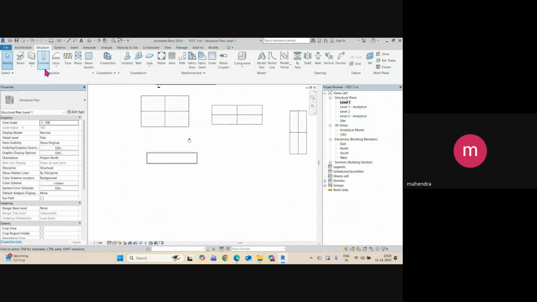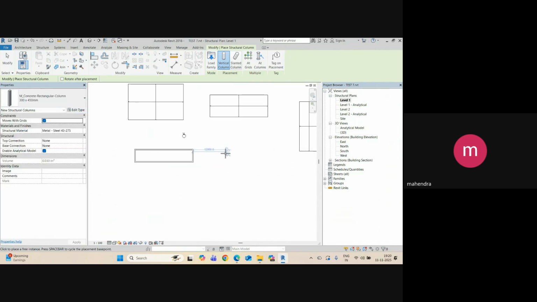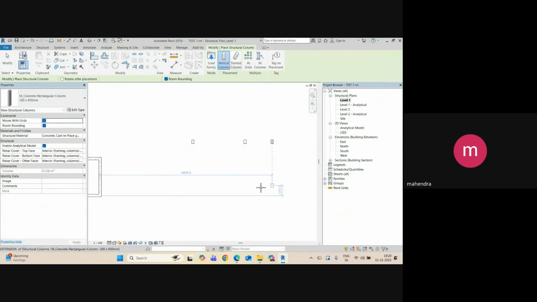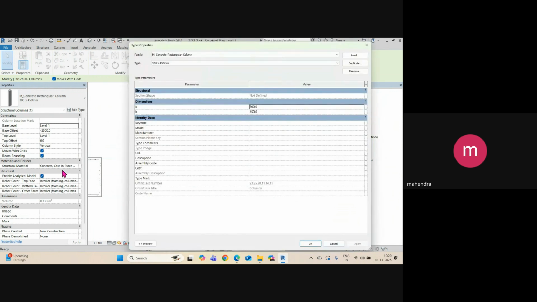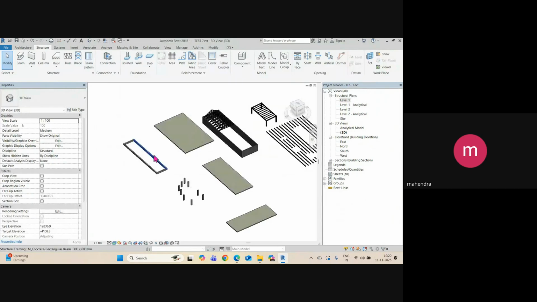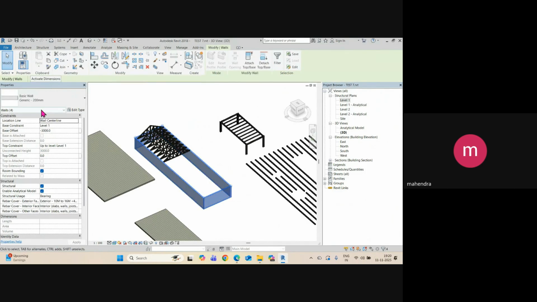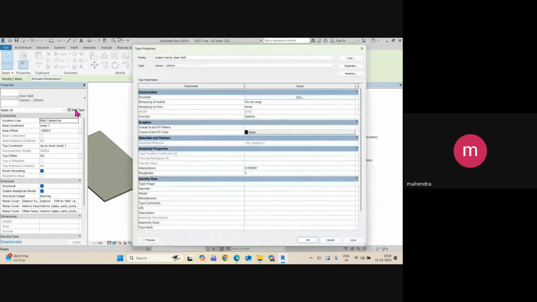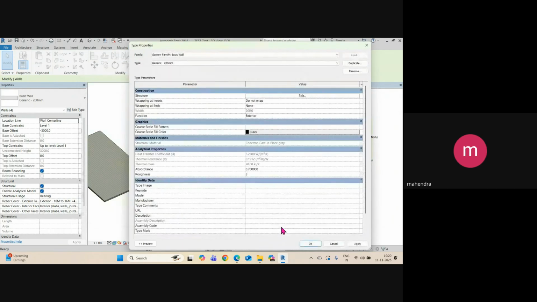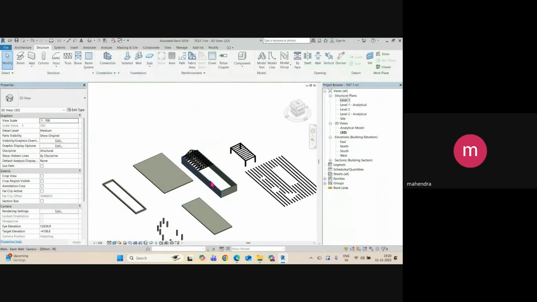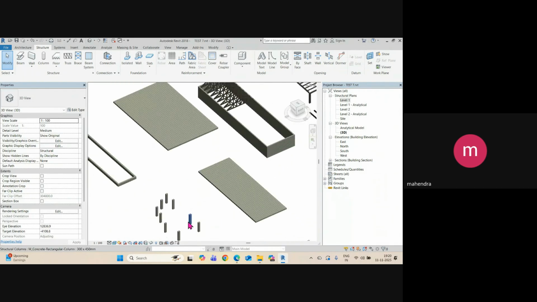Then similarly I want to add a concrete column, 300 by 450. Just add the column here, and make sure the column material is also the same. These are all my concrete materials. We can add this wall also, but I want to change the material to cast in place gray. I want to create a takeoff for this concrete: these beams, concrete columns, concrete slabs,